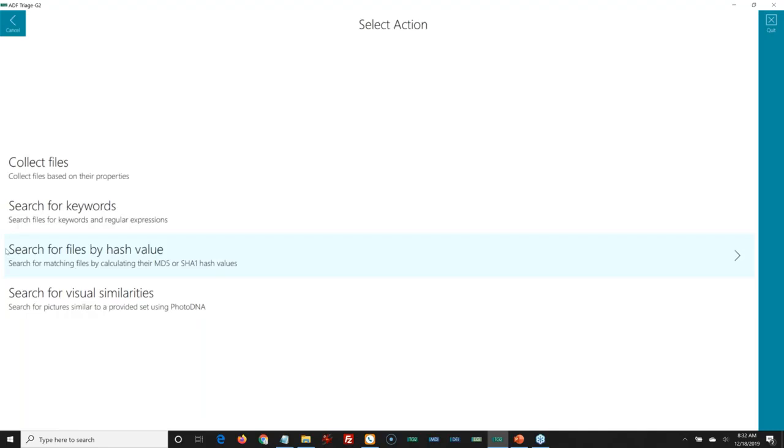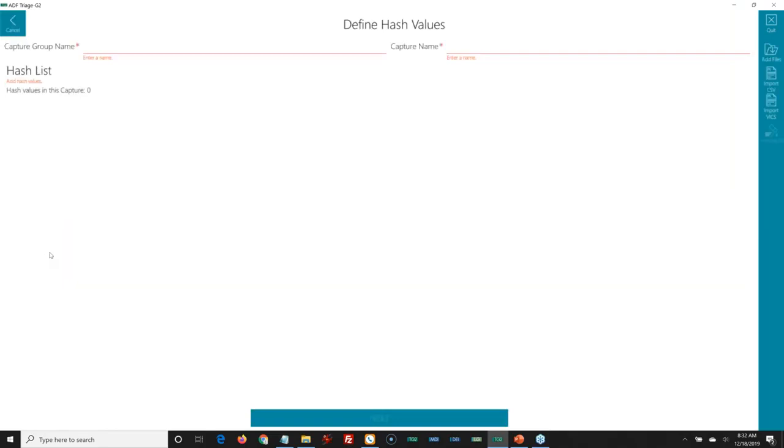I've copied my search profile. I now want to add my uniqueness to this case that I want to zone in on these specific computers. So let me go into search for files by hash value. So that hash value is that digital fingerprint. So I'm going to give it the fingerprints. It's going to look through the computer and see if there's any matching ones on there.